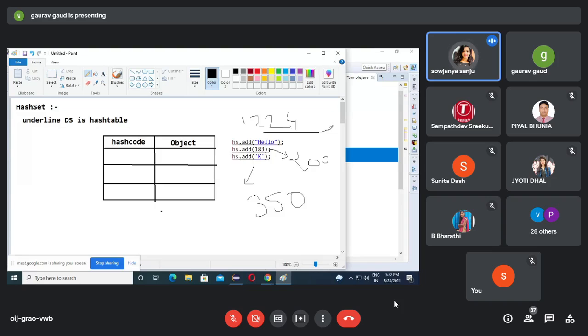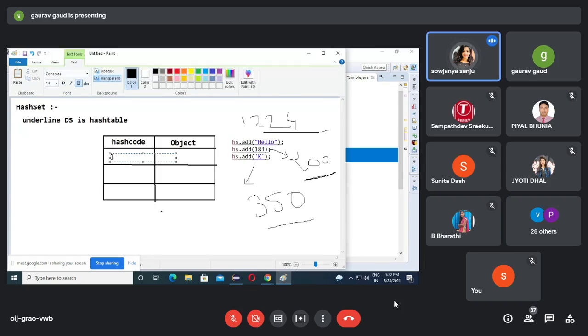I'm just giving an assumption. Don't think of how sir predicts the exact output, I am predicting. So whose hash code is very less? 183. What is the hash code? 200. 200 will come here, and what is the object? 183.